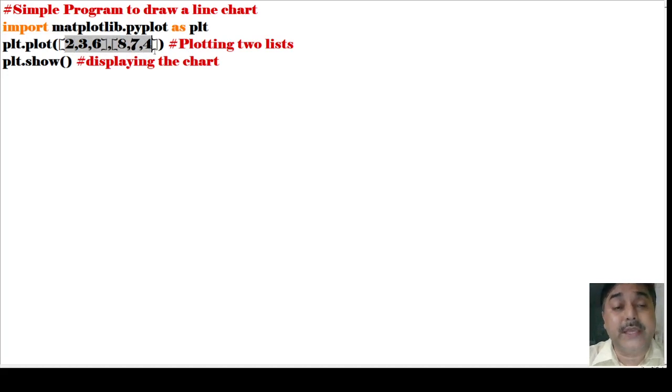That means two axis values have been given here. Each of these declarations will be taken by plt. plt means PyPlot; we are calling PyPlot here as plt.